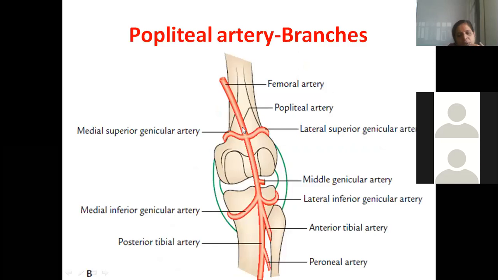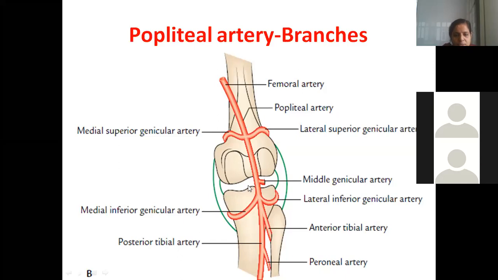Because the popliteal artery also comes in the popliteal fossa, let us try to study it. So the popliteal artery is a continuation of which artery? Femoral artery. How does it come here? Through the external iliac. Femoral artery, where does it end? Adductor magnus opening, the hiatus. Very good. Hiatus of the adductor magnus. There it ends.